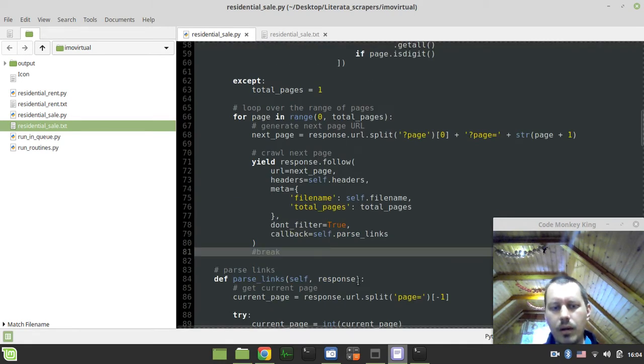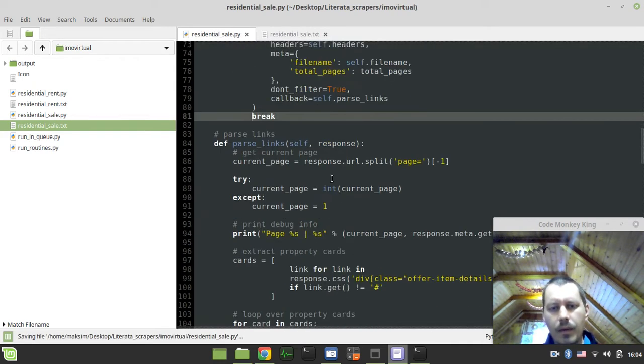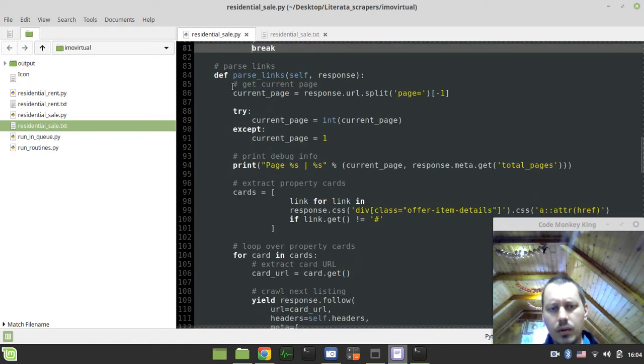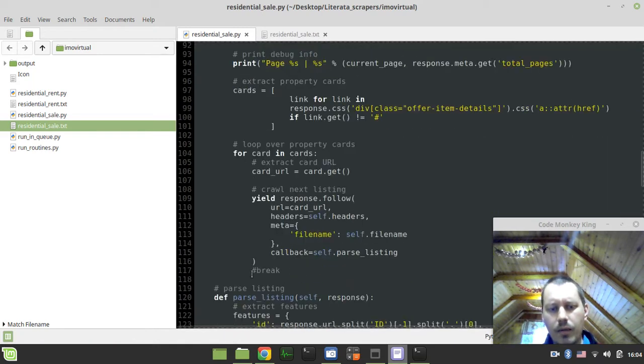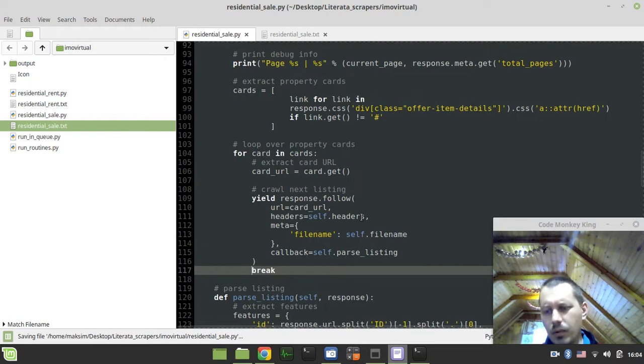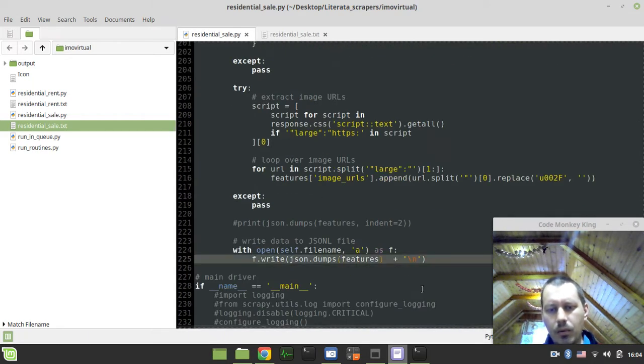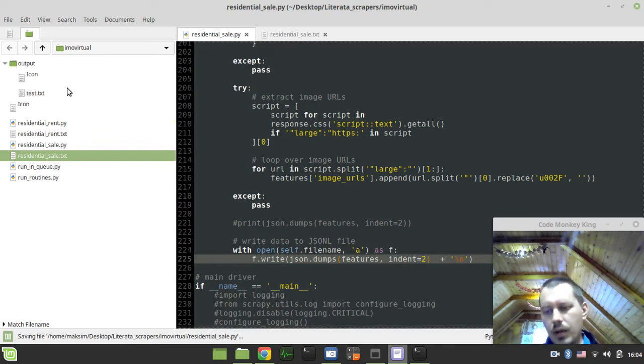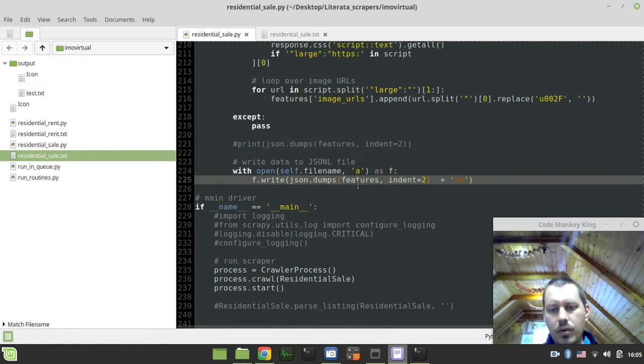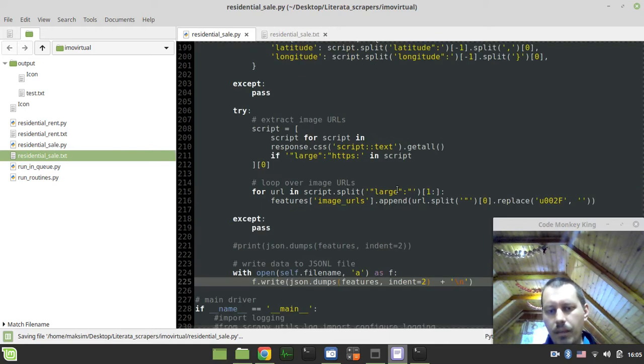I want to add the break here as well. Then the parse links. Okay, and I want to have only one link here. So it most likely won't work. I have no idea, but anyway, we'll see. And also let's give the indentation equal to 2 spaces to get a reasonable multi-line data set instead of the single line that is preferred by my client for storage, but I just want to make sure that the data is still there, if any.